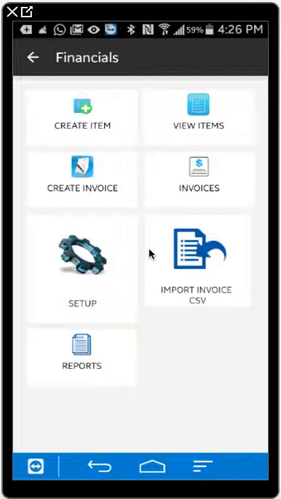Welcome to Fieldwork Mobility. Now we're going to talk about the financial module that we have recently built, and it will help field agents create invoices and accept payments in the field itself. So the very first thing one needs to do is to set up the financial module, and there is